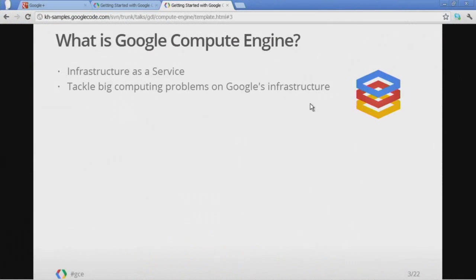So first, what is Google Compute Engine? Compute Engine just launched at infrastructure. What is it all about? Basically, this is what Google's infrastructure already handles. It indexes billions